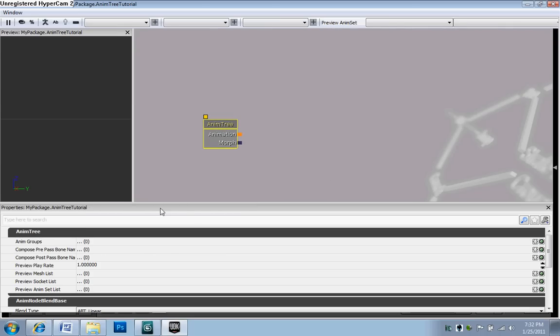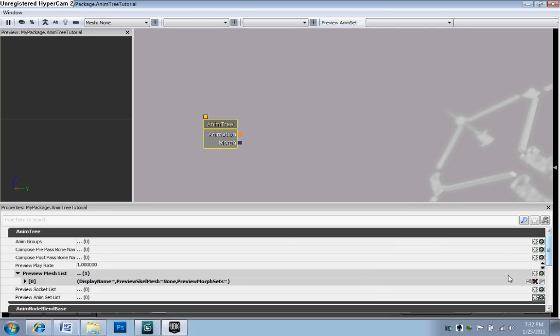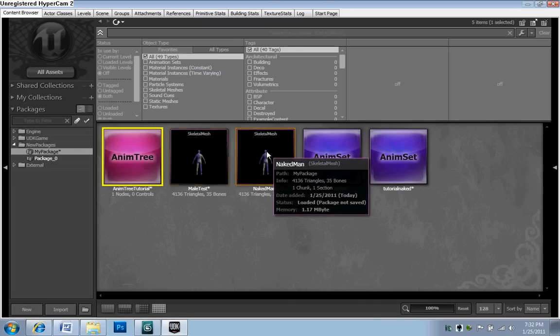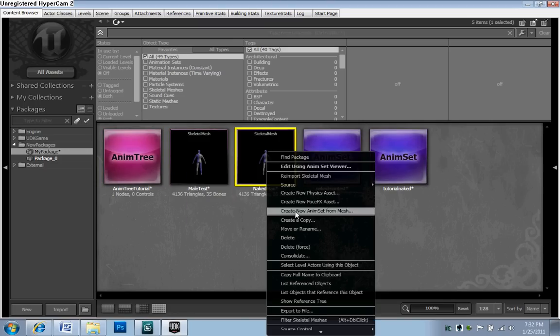So first thing we want to do is attach this Animtree to be previewing a specific mesh over here in our preview window. So we come down here to the properties pane, click the green button next to the preview mesh list. That adds a new preview mesh. We need a display name and a file path for the skeletal mesh. So we go back to the Content Explorer. Right click the mesh we want to use, click on copy full name to clipboard,